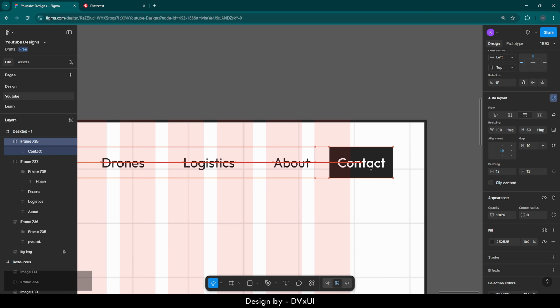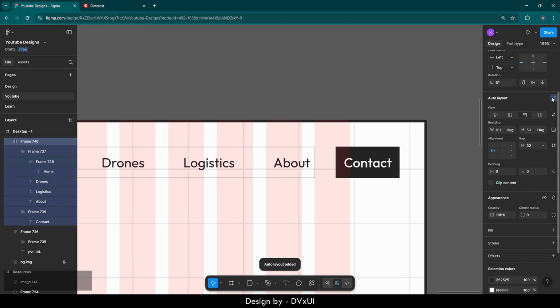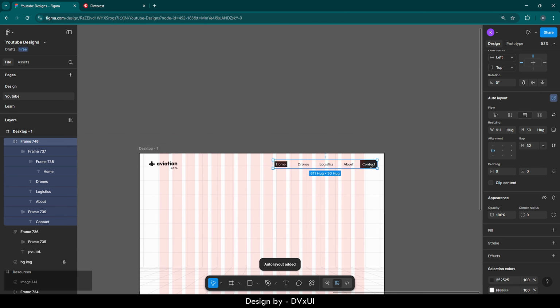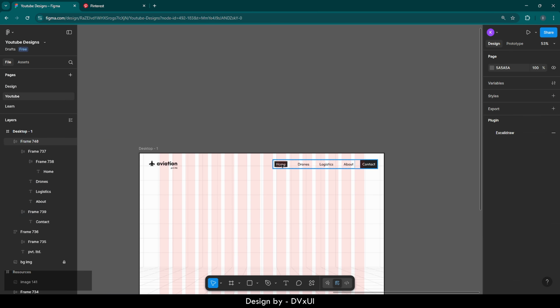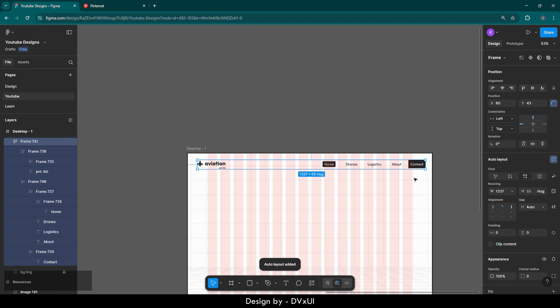We can place it over here. We can select both of them. The gap is 22. We need to make it 32 so that they look distinctive. And now I will put them in auto layout. So this is great. And now I will select all the 2, and then I will put them in auto layout once again. And then I will put them in the middle. So now they are in the middle,